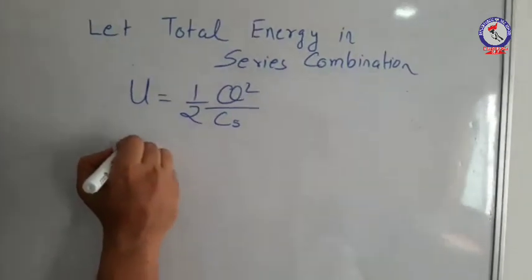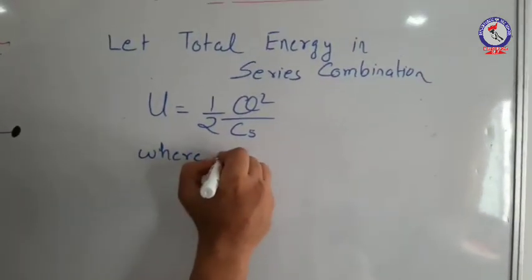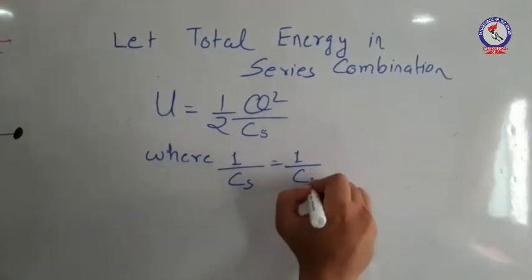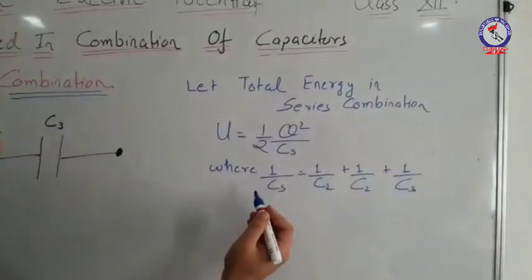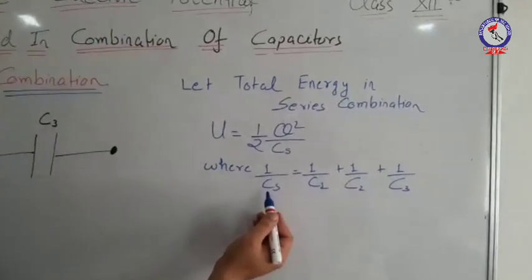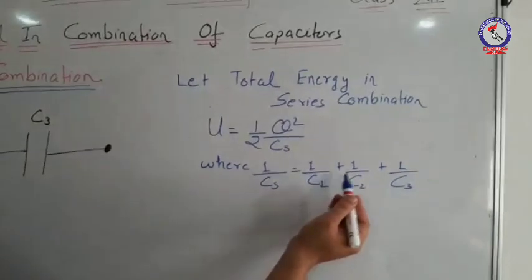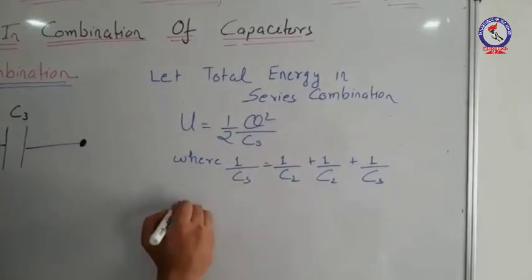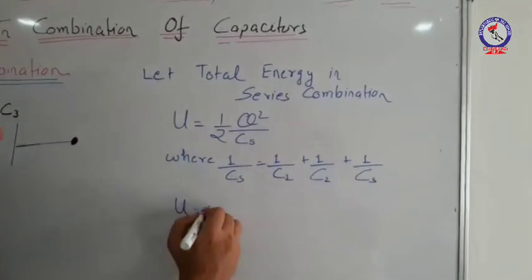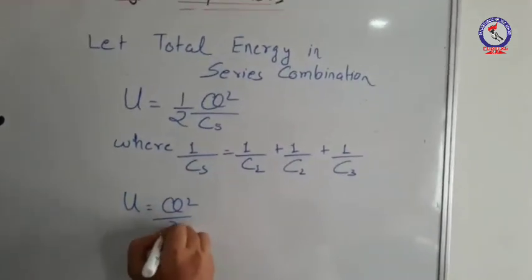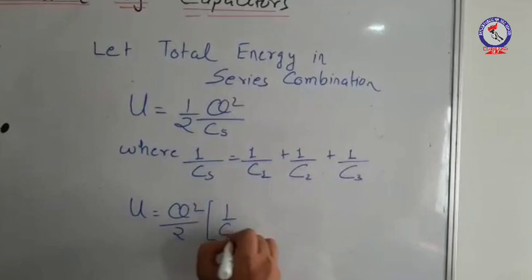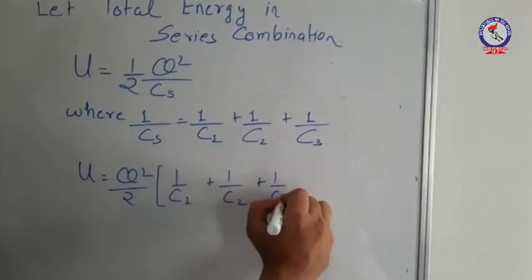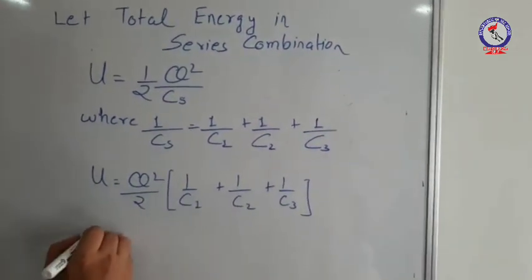What I want to say is that 1 upon CS is equals to 1 upon C1 plus 1 upon C2 plus 1 upon C3. Substituting these values, we have U is equals to Q square by 2 times 1 upon C1 plus 1 upon C2 plus 1 upon C3. Simplifying,